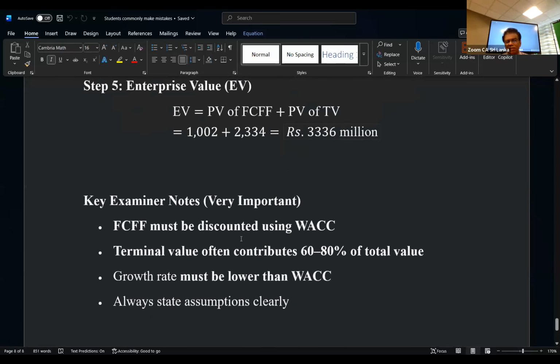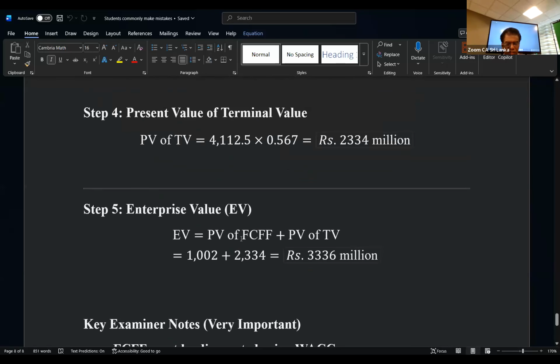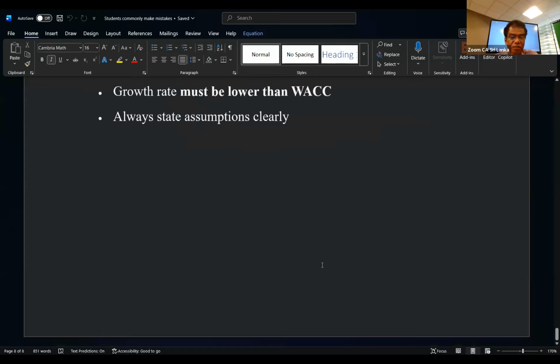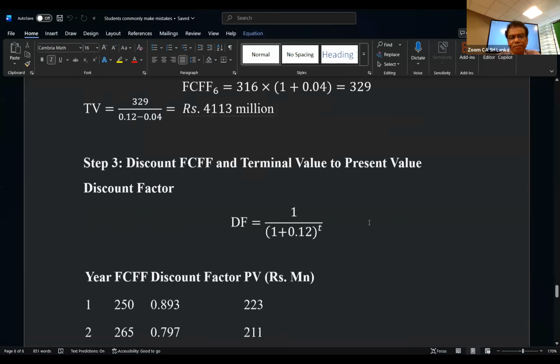So I have now discussed all the mistakes made by students over the last 10 years. It's not one or two students, it's 90% of students who make this mistake. So you all have to understand this and refresh your financial management knowledge, and the project evaluation or cash flow evaluations. With the knowledge you got today, make sure that this year you will not make the same mistakes as in the past. This is a very important factor for you all.